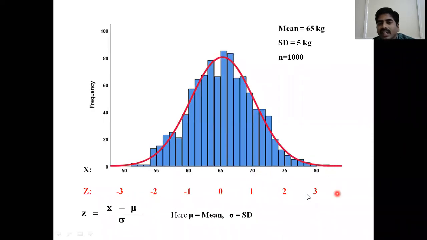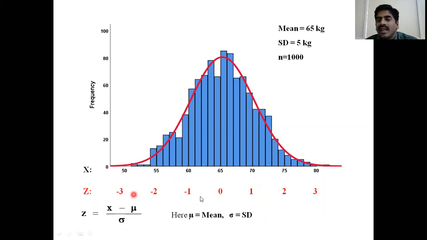So these are the areas. For example, if you want to find the area between 1.2 to 1.5, this area, scientists already made a table, like a logarithm table. I will show you in the next slide. They made a table. We can find the area between any two ordinates.